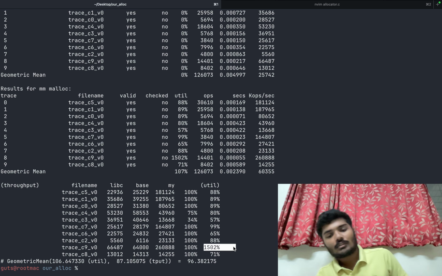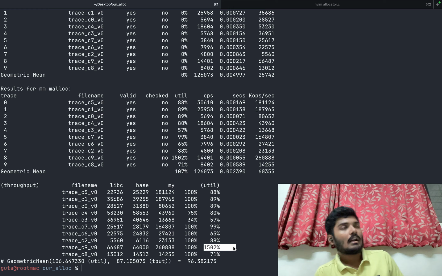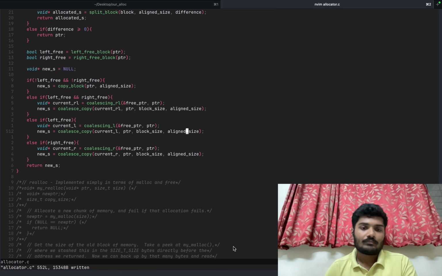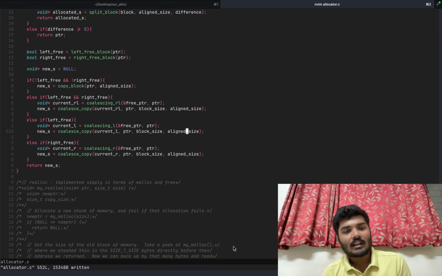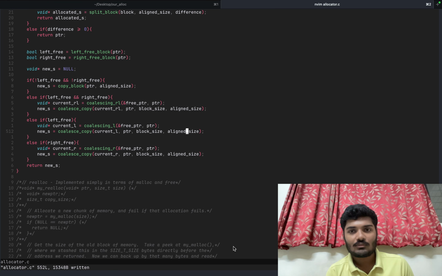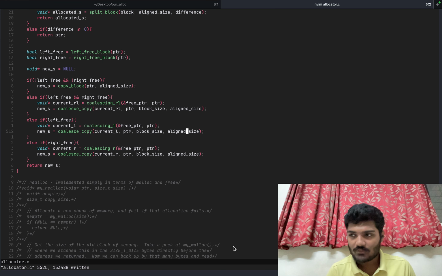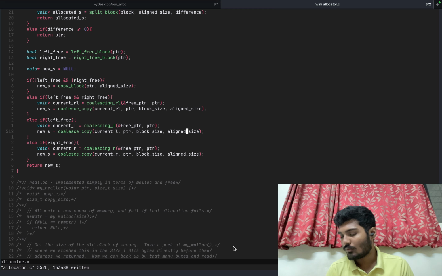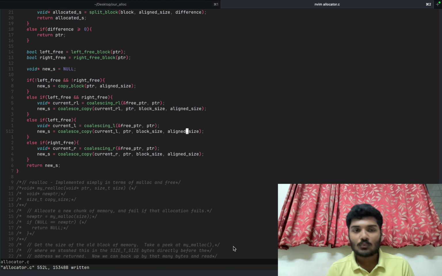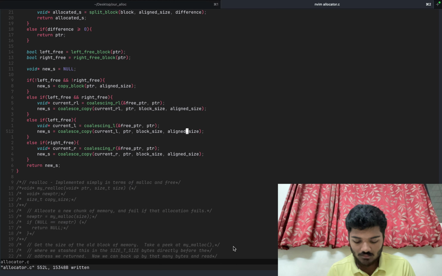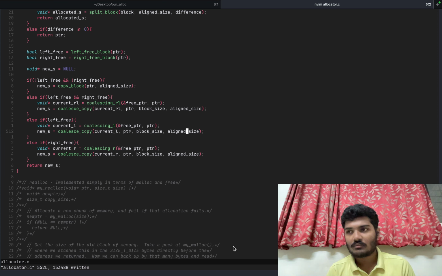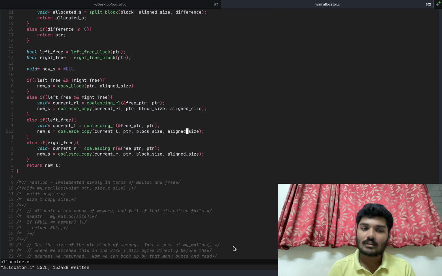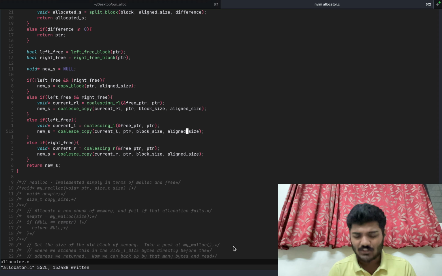I do think I know why the 1500 is happening, but now I'm not sure. Should we fix that first and then get back to our stuff, or should I continue doing the optimization that I have in my mind for Coalesce? The optimization I have for realloc in my mind is that if the block that we want to reallocate is at the end of the heap, then we don't need to call,